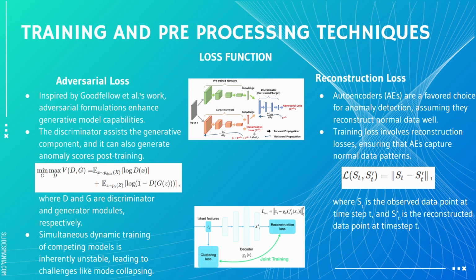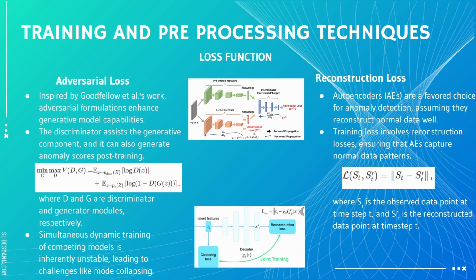It is formulated as a two-player game, and this is the equation which shows how it is formulated. The results can be remarkable, but it can be unstable and mode collapse challenges may also occur. The other one is reconstruction loss, where autoencoders are a favored choice for anomaly detection, assuming that they don't reconstruct abnormal data as well. Training involves reconstruction losses, ensuring that autoencoders capture normal data patterns, and this is a typical form, where S_t is an observed data point and S_t hat is a reconstructed data point